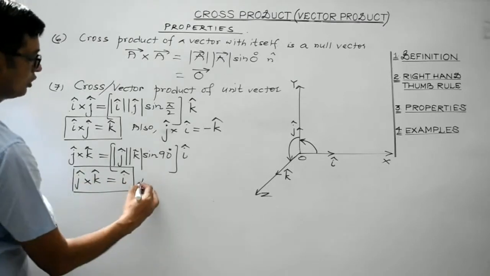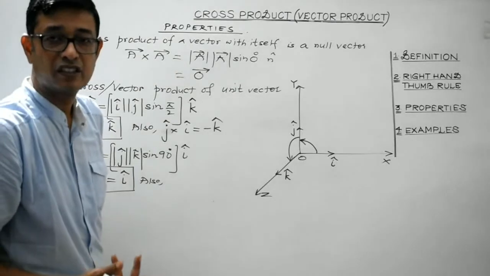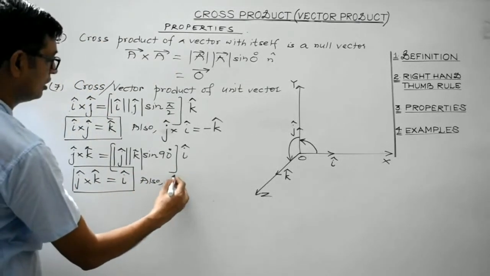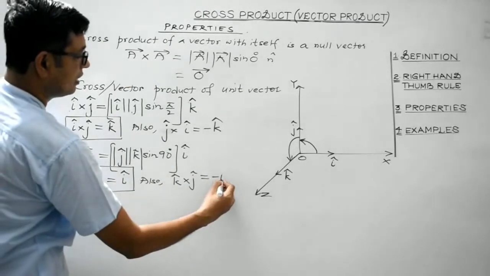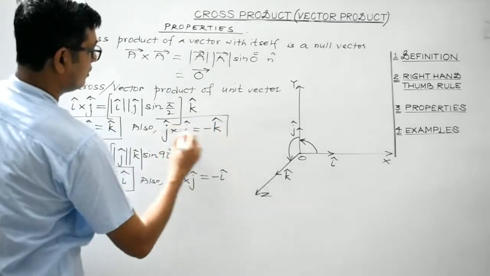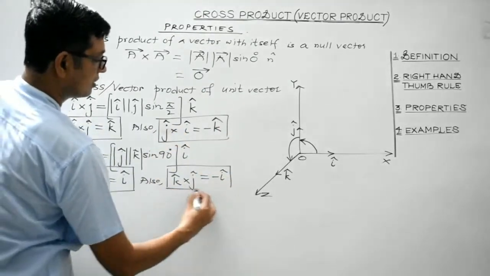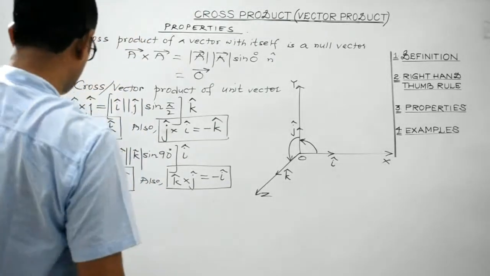Right? Also, as we have discussed, it is anti-commutative. Therefore, if we reverse the order, that is k cap cross j cap, it will be equal to minus i cap. So these are some very, very important results which we are discussing. Clear students? Now let's discuss